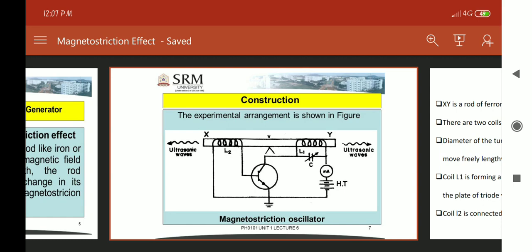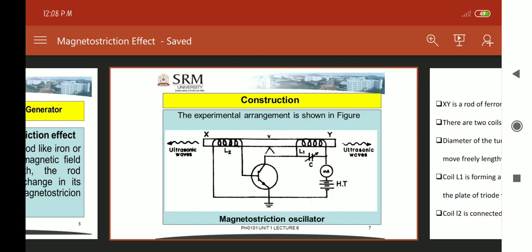The frequency of the oscillatory circuit can be determined by using the values of L1 and this variable capacitor C. If the frequency of this tuned circuit becomes equal to the natural frequency of the rod, then longitudinal oscillations are set up and ultrasonic waves are produced in the surrounding medium. So this is the simple construction of the magnetostriction oscillator or generator. Understood?